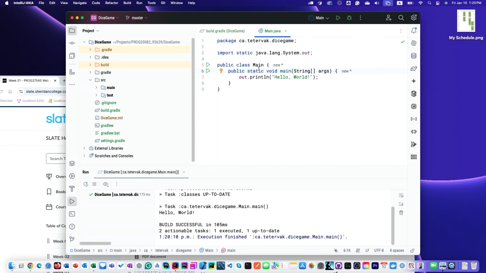Static, again, means you don't need to create an object in order to access the static field. So main can be accessed without creating an object from this main function, without creating an object from the main class. And void means it does not return any value. So main,